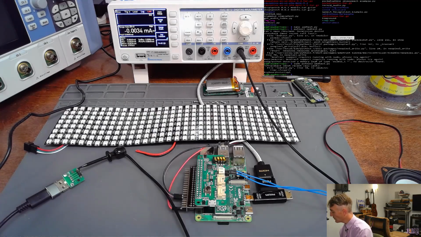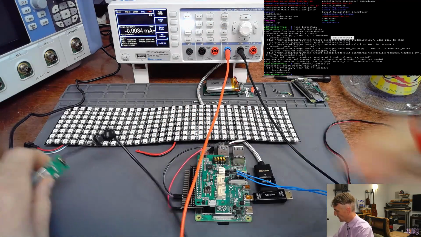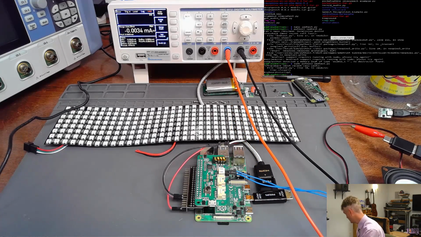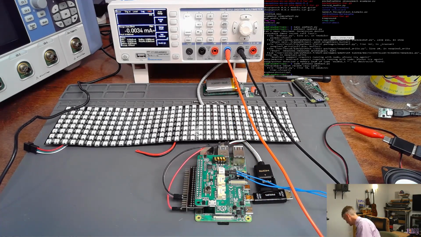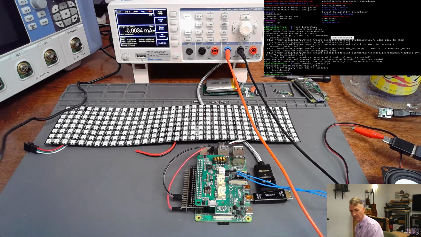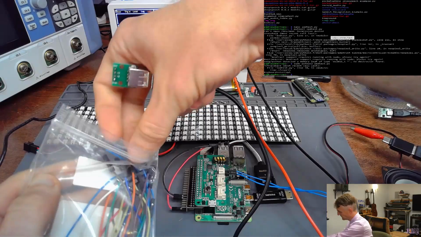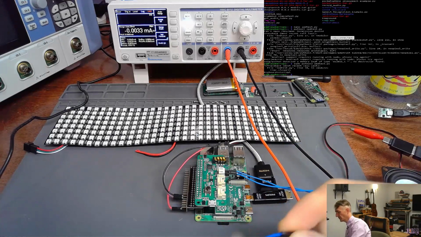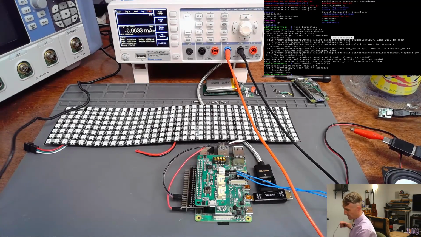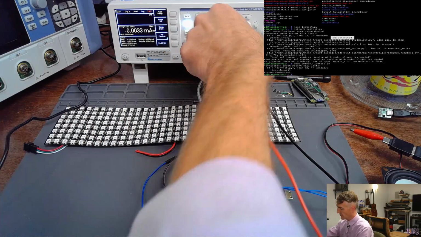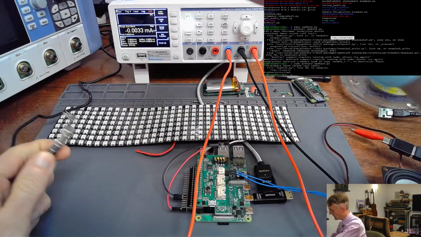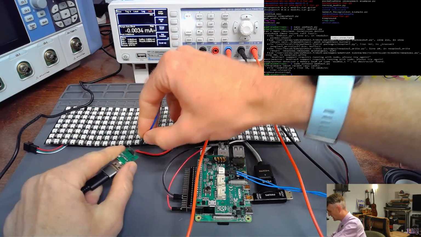Doing it wrong, guys. I'm trying to do it wrong. So I need to go... How do I need to go? I think I need a little jumper wire here. I believe I have a bunch of jumper wires right here. So let's get a jumper wire. I think real pros probably use a breadboard. Should have used the breadboard. Okay, all right, so I want to jump from VBUS,